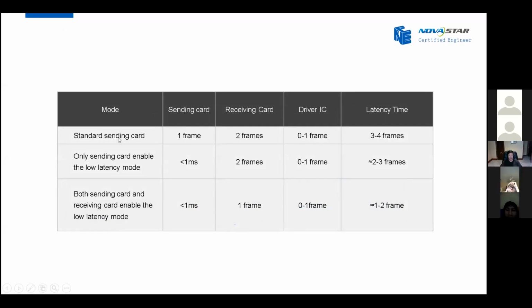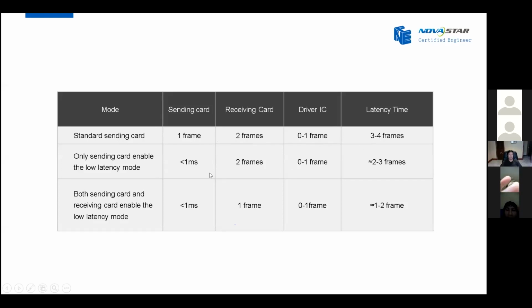As we already know, for the standard sending card system, the sending card has 1 frame delay and the receiving card has 2 frames, plus the latency of the drive chips, so the total latency is 3 to 4 frames. What if we enable low latency for the sending card?